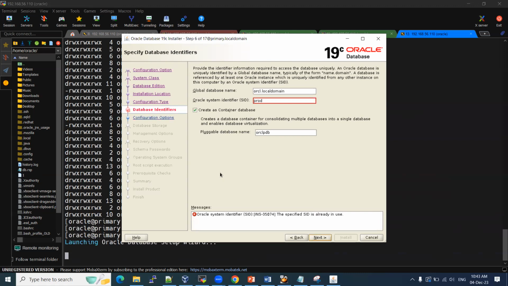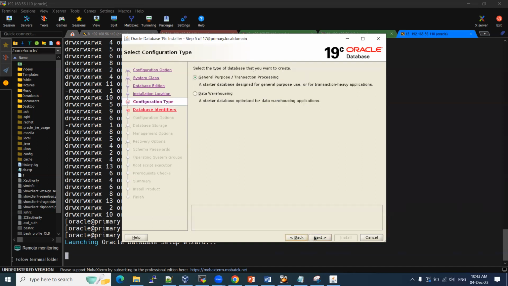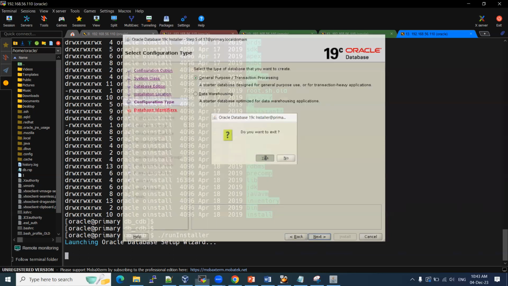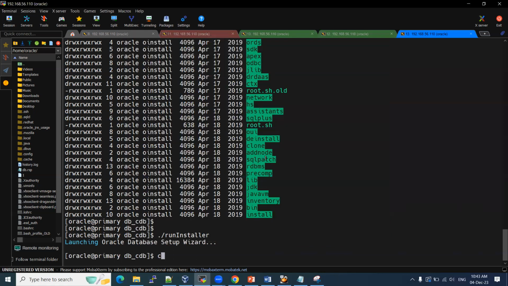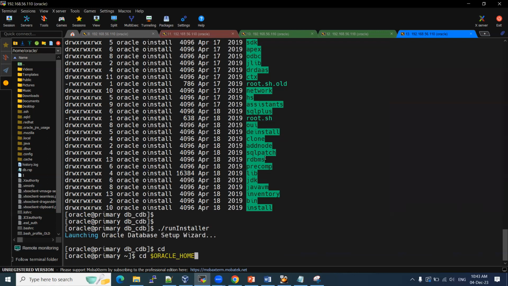Prod database is already there. SID is already in use in the same server, right? We have to use a different SID for that. That's okay. We can do one thing: cancel it. Okay. Cancel it. Go to